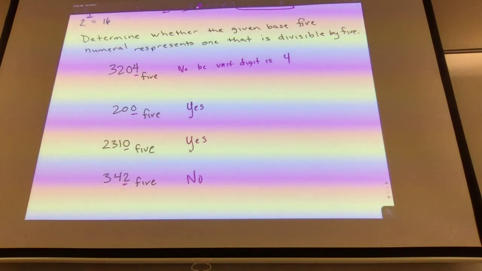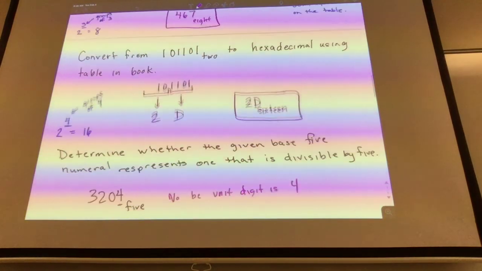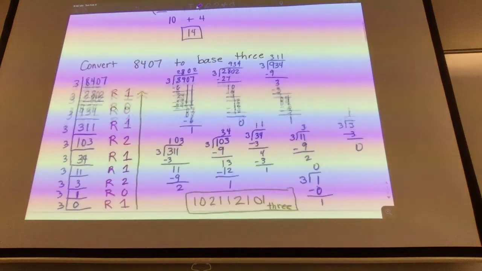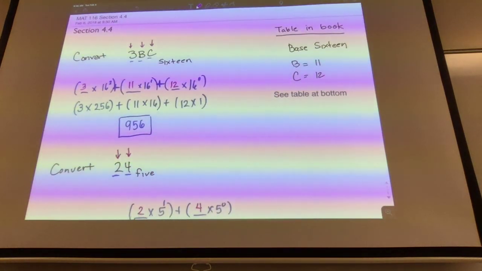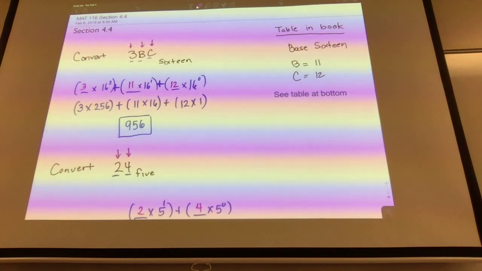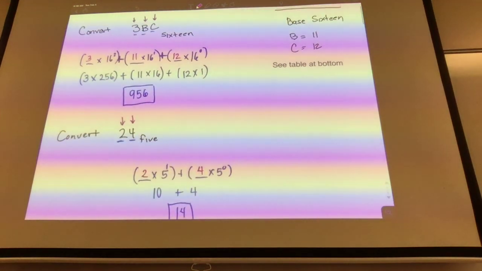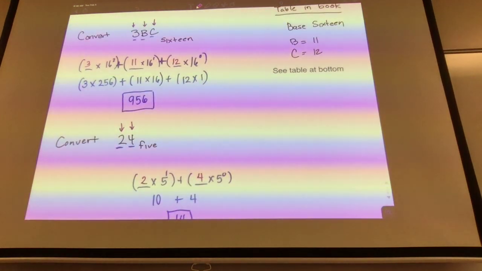Like I said, out of all the lessons in this chapter, this one's probably the more challenging. Not that it's very hard, but it's probably because you haven't done a whole lot of these conversions from different bases. We've been using base 10, and that's what you're most familiar with. It requires that you use a textbook chart for that, and you'll have that available. So the types of problems we looked at are ones where you're given base 16 or a base other than base 10, and you're asked to convert it,